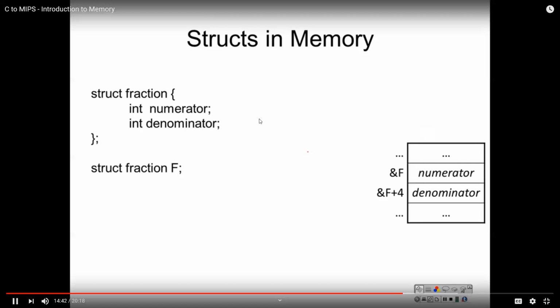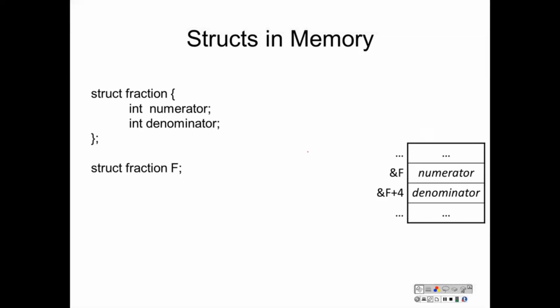That would be a fraction type to store a numerator and a denominator. We can declare a variable of the type struct fraction by saying struct fraction f. Somewhere in memory, storage for this f variable is allocated. The address of f, ampersand f,